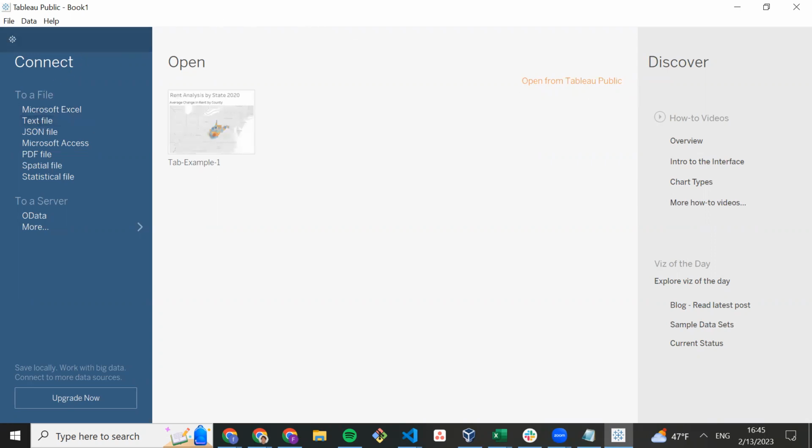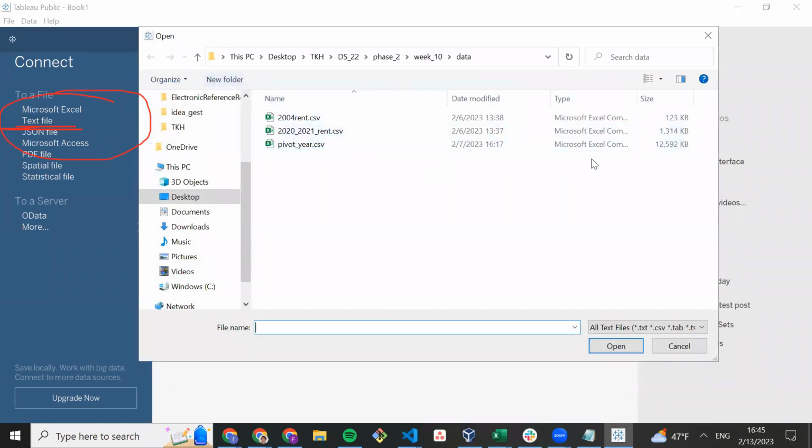For better visibility, it's on the left-hand side underneath Microsoft Excel, labeled Text File. We have a whole bunch of different options in terms of what kind of data we are working with. Later on, we'll figure out how we can connect to a server, and that's when things get really interesting. But for now, we're just going to be using a regular old CSV file. So go ahead and click on Text File.